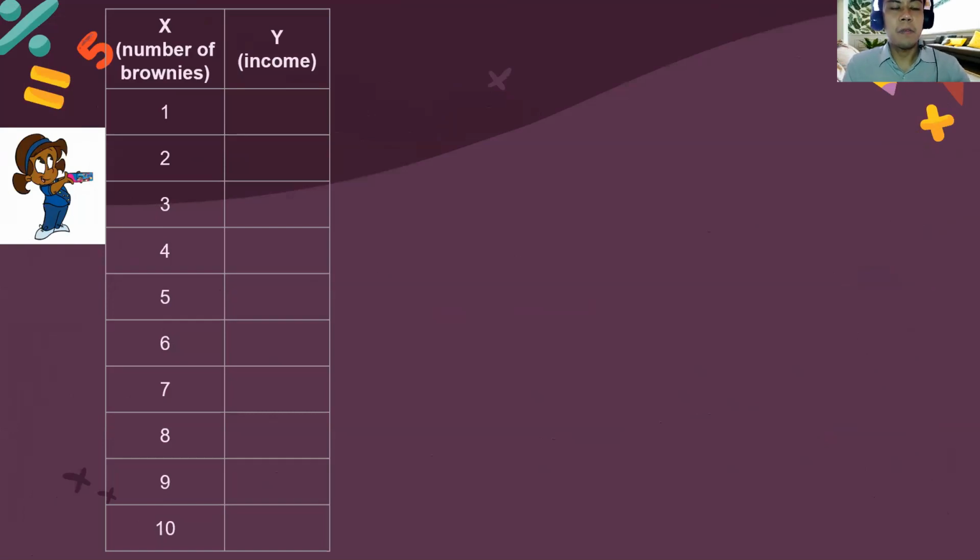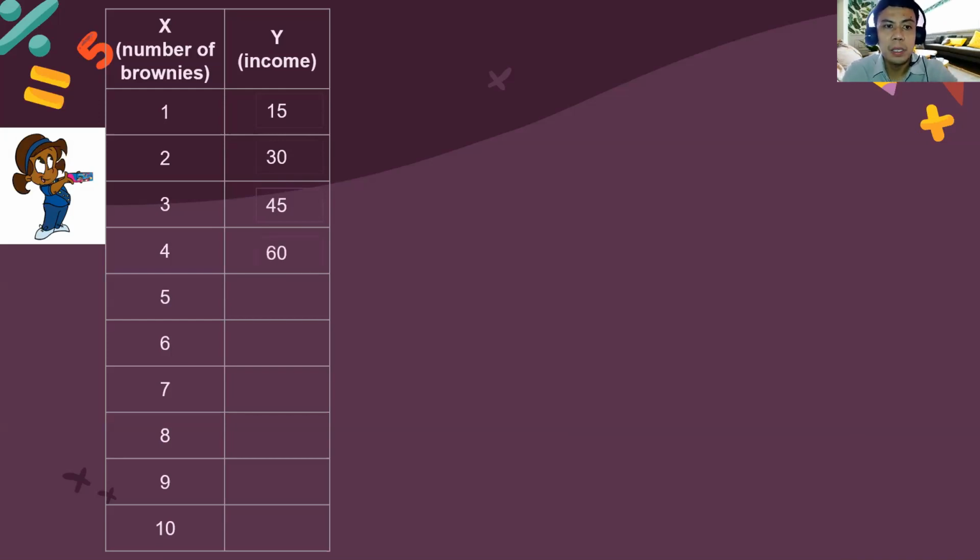If one brownie is sold, how much is the income? That is 15 pesos, because one brownie is 15 pesos. Now, if 2 brownies are sold, how much is the income of Auntie Sally? That becomes 30 pesos. It will go on to 45 if 3 brownies are sold,